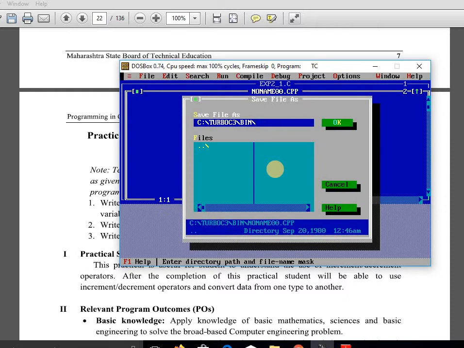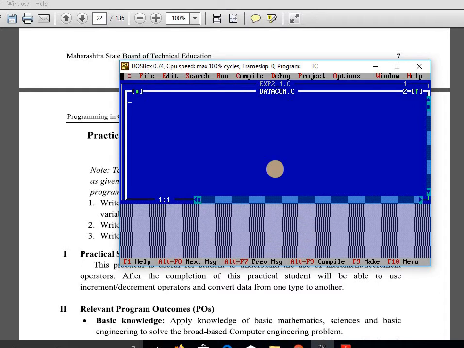So here I am giving the name dataconversion.c. Now include new.h, then main.